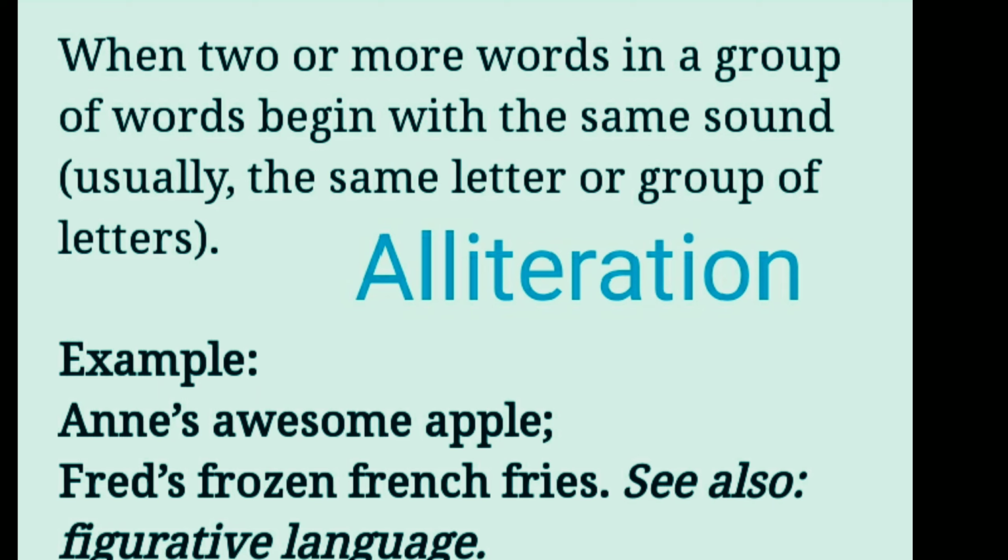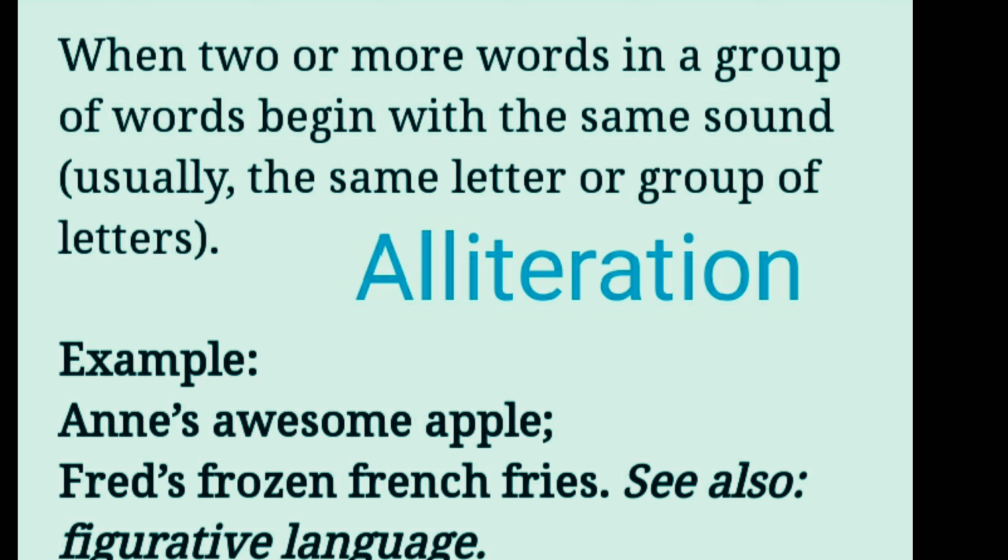Next literary term is alliteration. So what is alliteration? It is the close repetition of the same sound in a line. Here are some examples in front of you: Anne's awesome apple, Fred's frozen French fries, figurative language. So here, in Fred's frozen French fries,